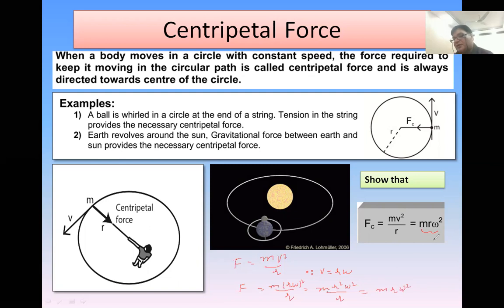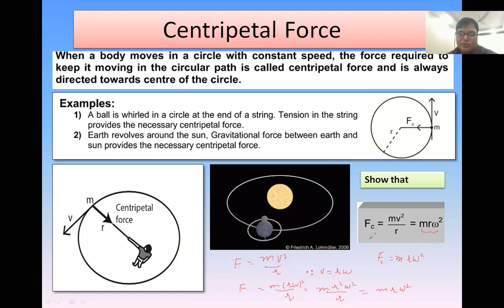Very, very important equation for your numericals. When you see the past papers, you see many numericals repeated which are solved with the help of which equation? Centripetal force equal to m r omega square. What is F? Centripetal force. What is m? Mass. What is r? Radius of the circle. What is omega? Angular velocity. If he requires angular velocity, he must give you the radius of the circle, the mass of the body, and the centripetal force. There are 4 unknowns. He will give you 3 if he needs a 4th one.